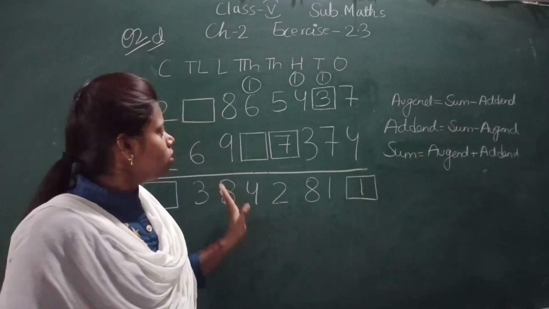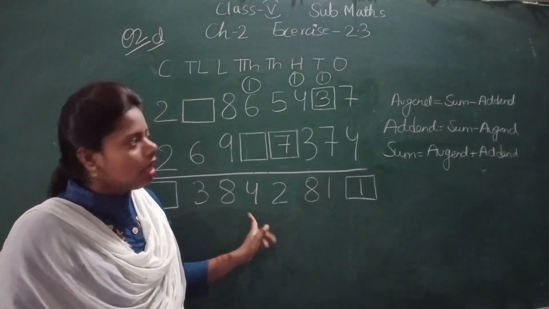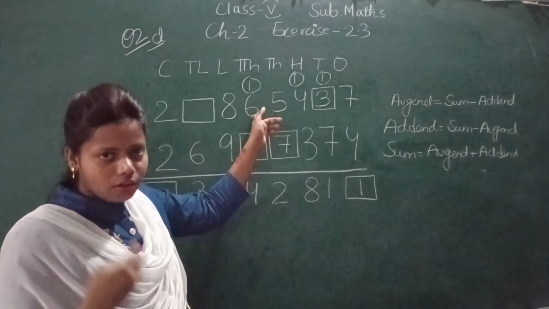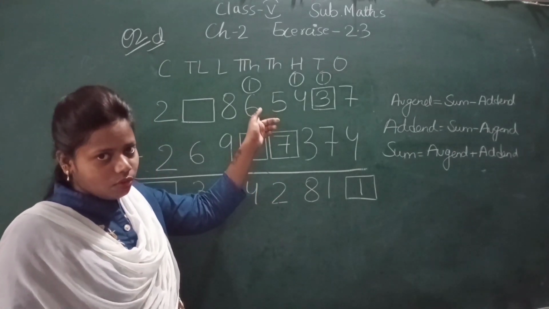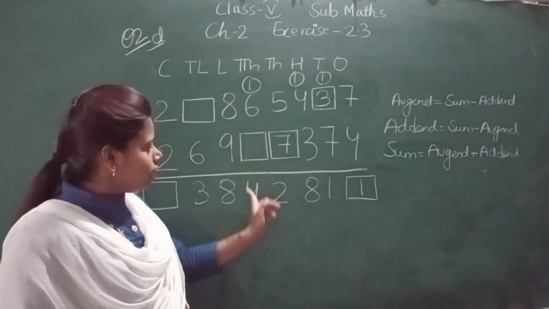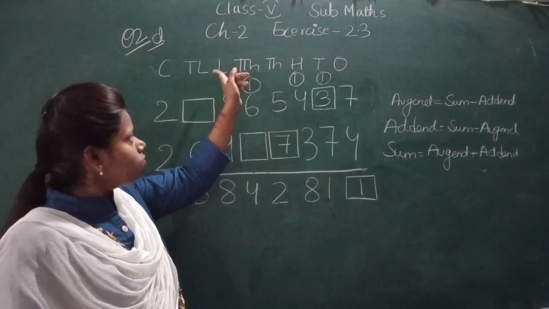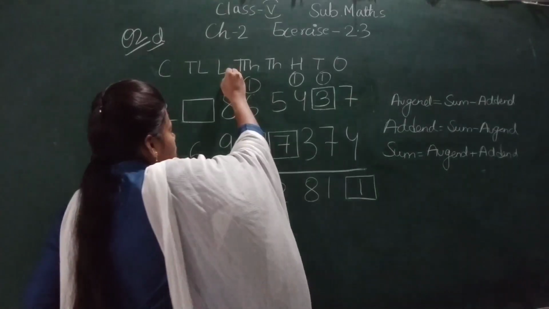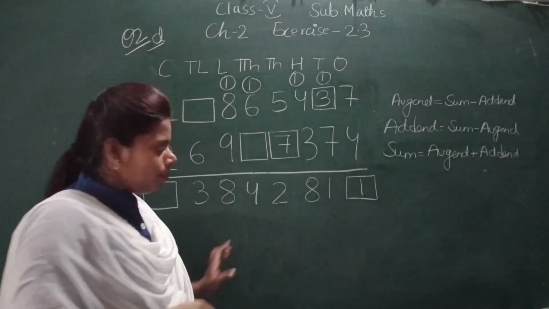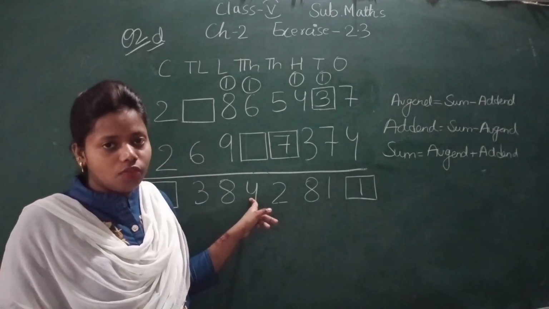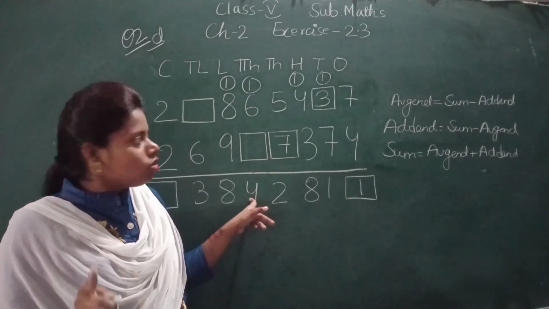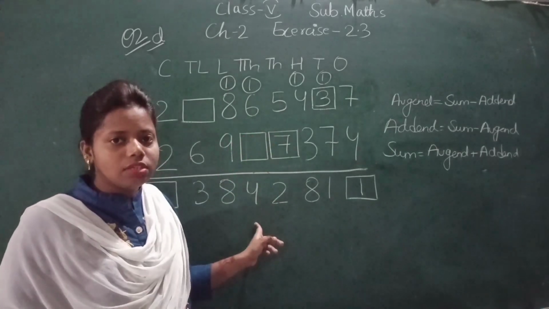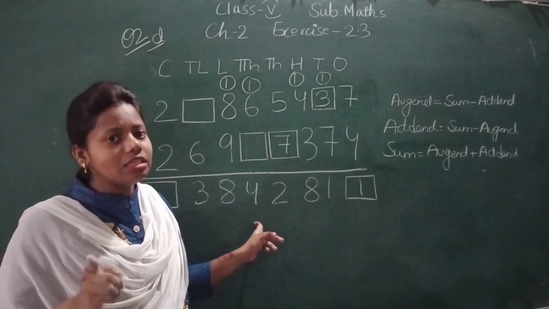Okay, now let's do this one. Again see, in this one sum is smaller and origin is greater. Okay, so what do you have to do again? You have to give 1 carried over to the lakhs column. So this 4 will become 14. So now from 14 we will subtract 6. So 14 minus 6 is how much? It is 8.